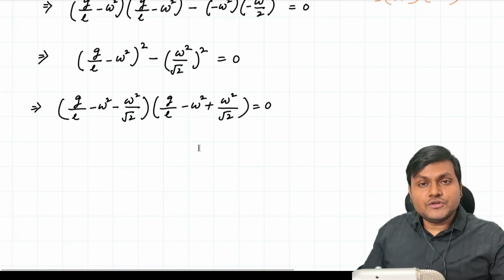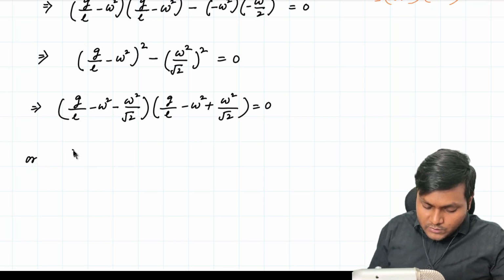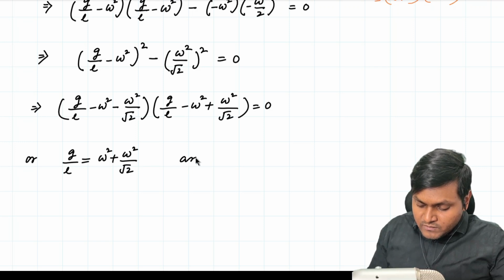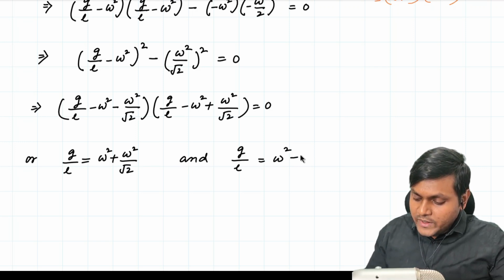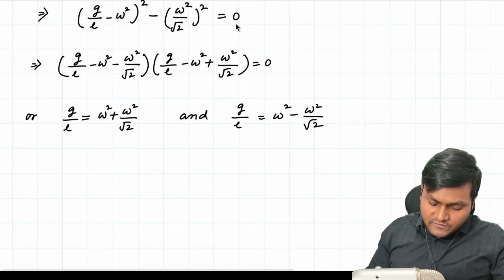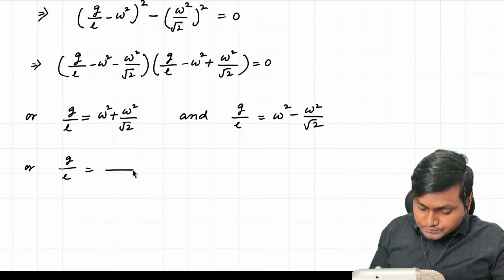So we will have two solutions corresponding to omega from here. On one hand, we will have the equation g upon L is equal to omega square plus omega square upon root 2, and on the other hand, I'll have g upon L is equal to omega square minus omega square upon root 2. If I further simplify it, this simply becomes g upon L is equal to, in the denominator of root 2, you have root 2 plus 1